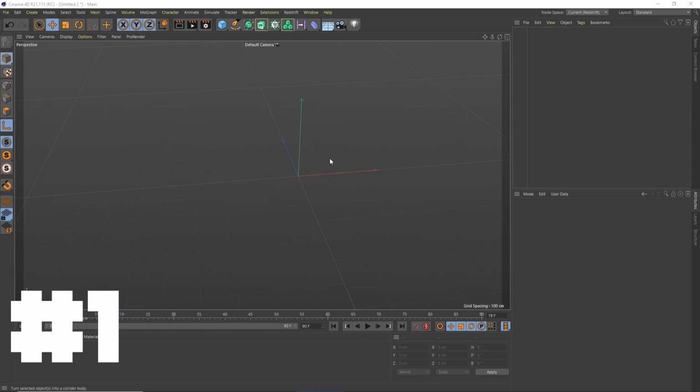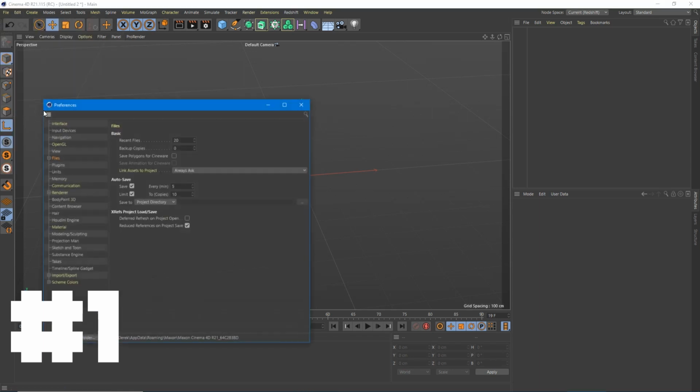I thought when I first started that if it just had autosave on, it would just automatically save. So if something happened and it crashed, I would just load this file back up and it would be there. That's not how autosave works. Autosave basically saves a temporary copy of your scene. So to do that, you need to go to Edit, Preferences, and then down here under Files. This is where you can set the number of autosaves, the increment of autosaves, and where you want to save them to: project directory, user directory, or custom directory. This is important. This will save you a lot of time.